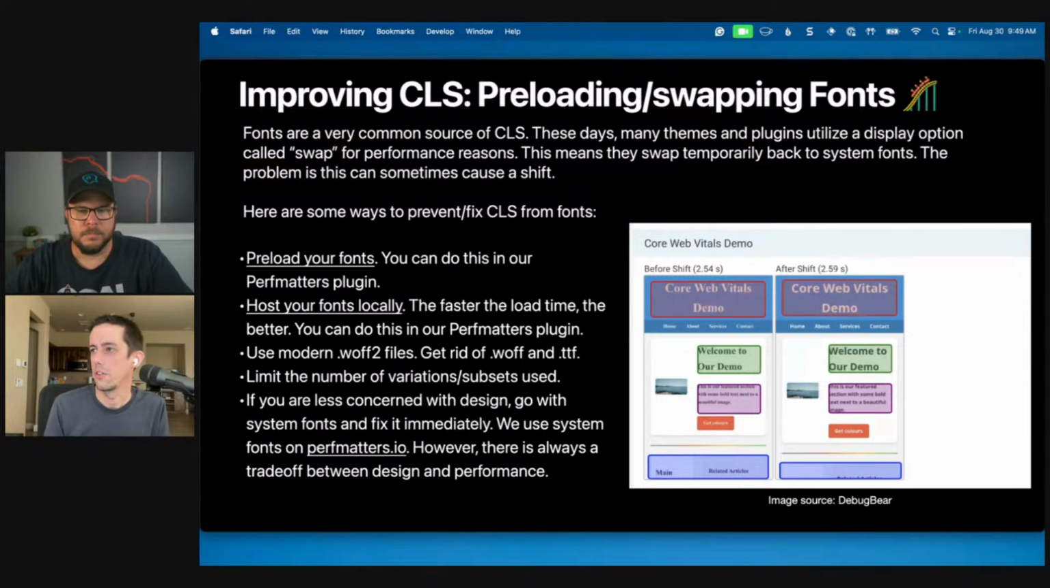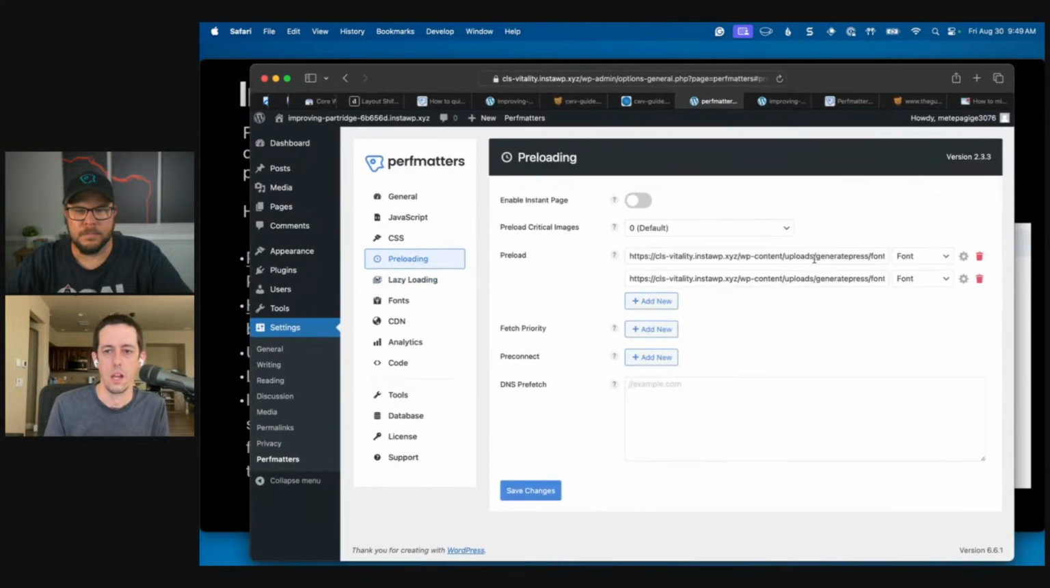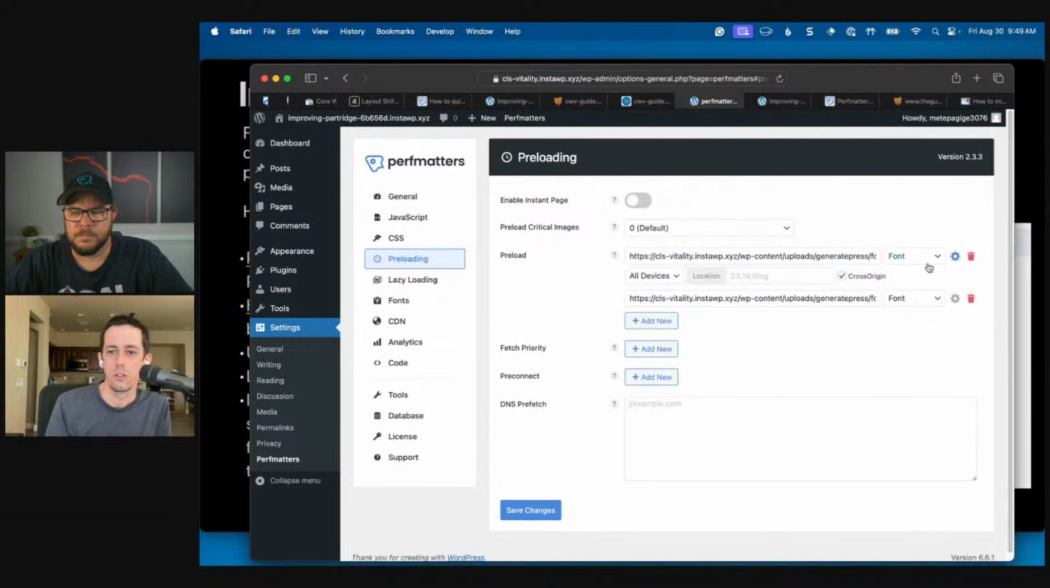And you can do this in Perfmatters. Bring this up here. I think I already have one up here. So I already did this. We have a doc on our site. If you want to go into how do you find your own fonts that are on your site, and like GTmetrix or something, we have a step by step on that. But you take your fonts, you put them into